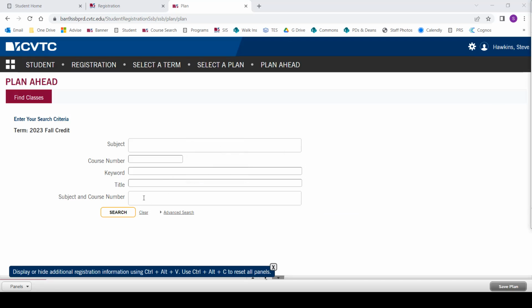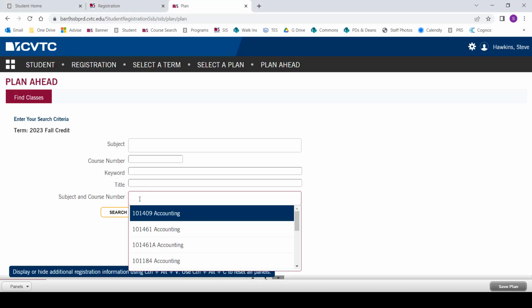So the subject and course number can be found in a lot of different places. You can look at your program requirement sheet. You can look at the search course offerings page to find this. So for today, I'm just going to add 3 classes just to make this quick. So for example, let's say I want to do English Composition 2,